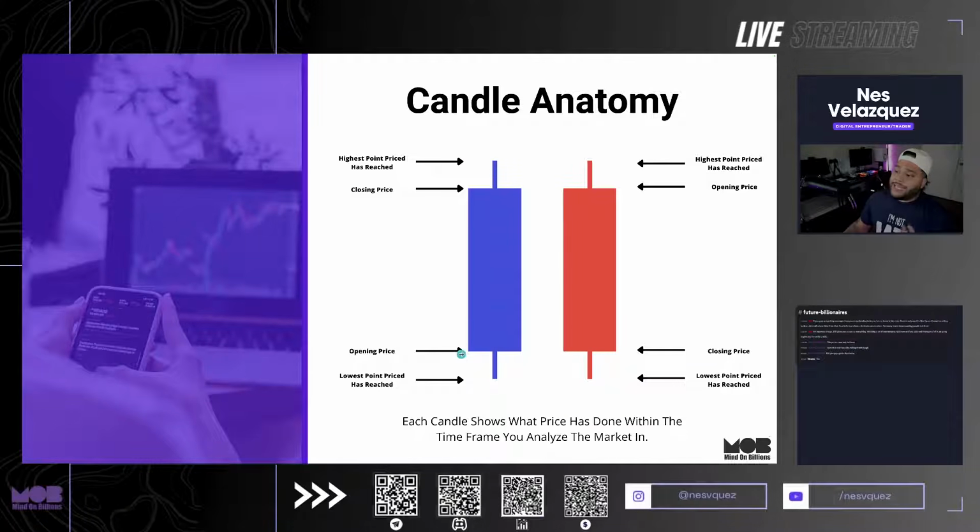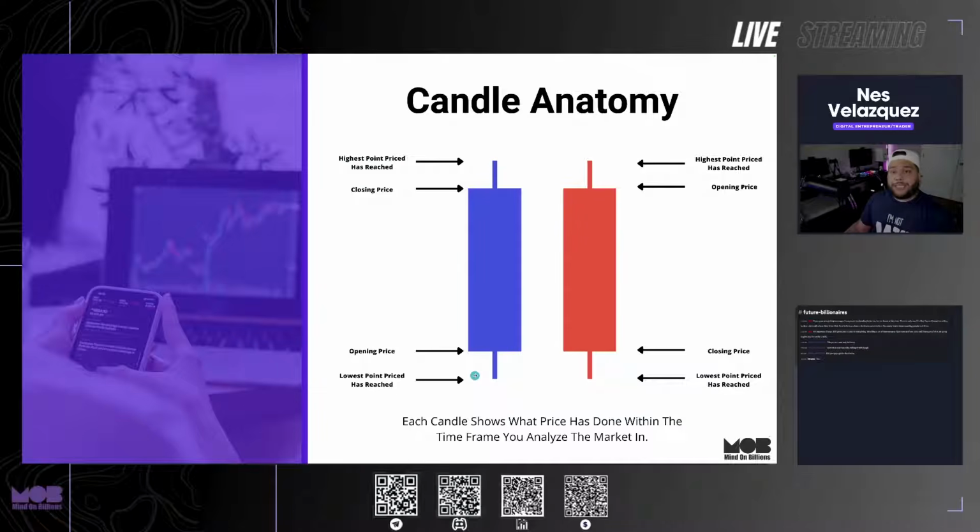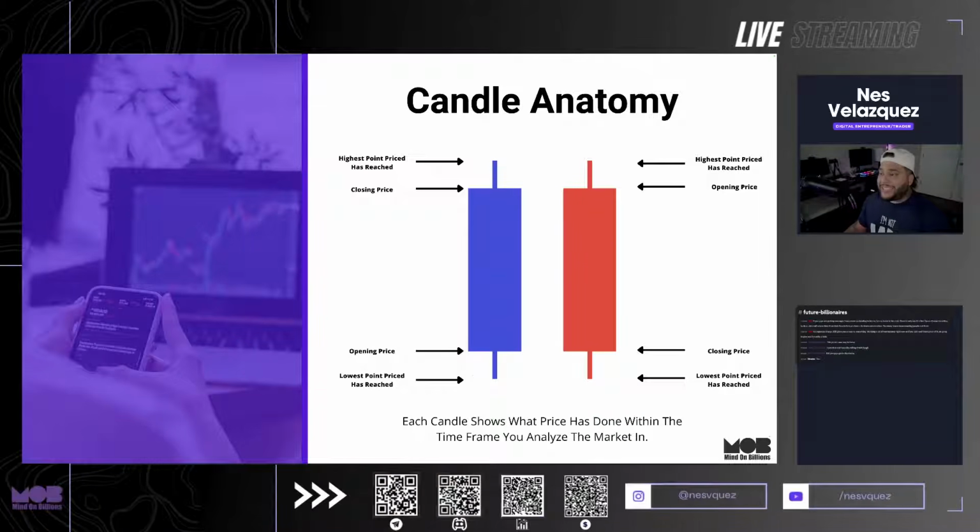So here we go. Let's say a 5-minute candle just opened, okay? It started over here, started coming up a little bit, then it started going down, right? It came to this point. This is the lowest point it came to, but it didn't stop there. Remember, it's a 5-minute candle in this example. During those 5 minutes, it probably went all the way up here, boom. But at the end of the 5 minutes, it closed right over here. So the wick in the bottom and the wick in the top is representing a track mark, so to speak, as to the highest point price reached and the lowest point price reached.